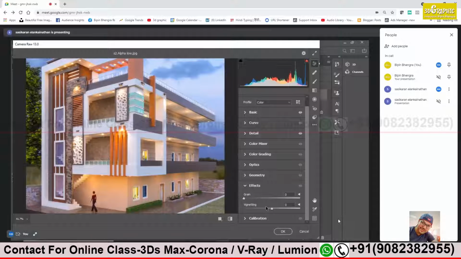What is that? It will make your edges a little darker. Just apply that, you will understand. Increase the value a bit more. You see the edges getting white. No, reduce it. Go to the minus value.